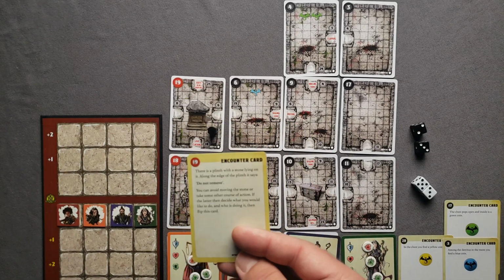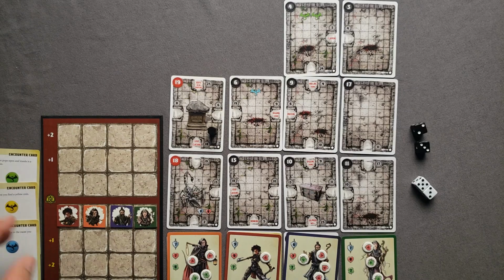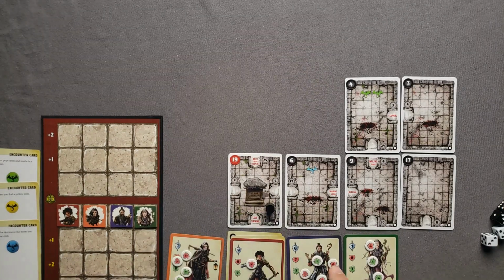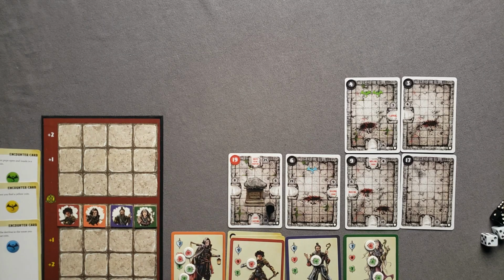I think we'll just move on to a different room. I'm going to go ahead and rearrange everything here for ease of seeing everything. Alright, before we do anything, I'm going to go ahead and use Healing Hands on the mage here, recovering his 3 damage. I'm going to keep this order here, and we're going to move into room number 8, and that's